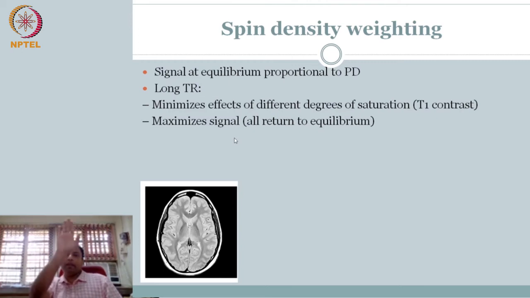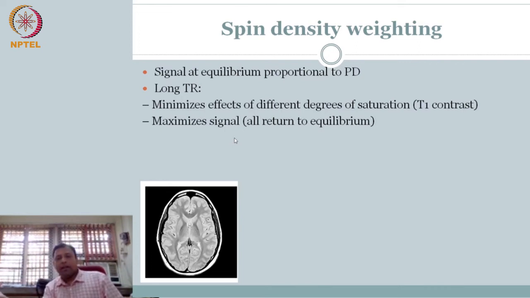Okay, so everything comes back. Now the question is, I have minimized the influence of T1. What is the other influence? T2. So how do I minimize the influence of T2? What is T2? T2 is dephasing. So if I have the signal that is predominantly PD weighted, and I put it to the floor, because that's my measurement, only the transverse component is measured. So the moment I put alpha equal to 90 degrees, the component comes to the floor. If I want to minimize the T2 effect, what should I do? That means I shouldn't allow it to dephase. If I don't allow it to dephase, then whatever I measure is only based on PD.